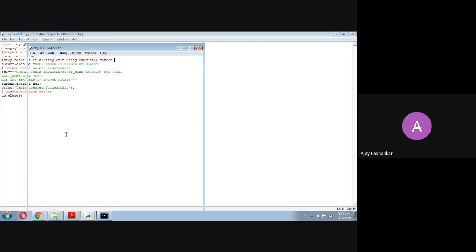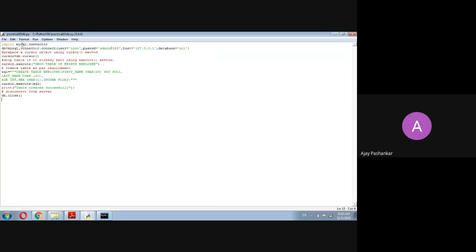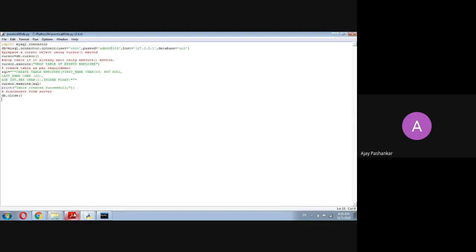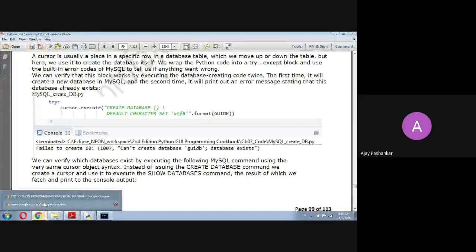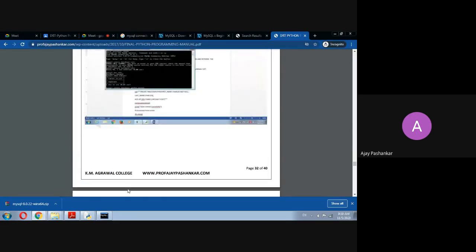I'm trying to run this program. So, no module named MySQL. Import mysql.connector, so the MySQL module is not there. Okay. So this is your basic error of your MySQL connector. Hello. This kind of error you will receive very often. Actually MySQL is installed properly. Just checking with that.